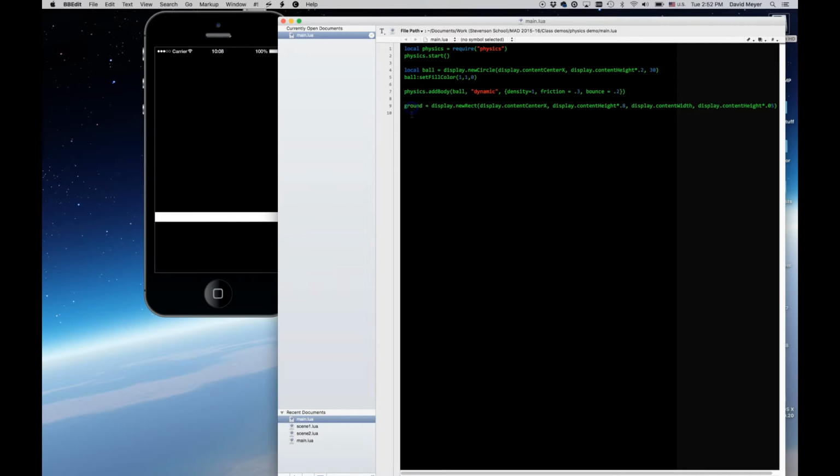Well, okay, two problems. I don't like white for the ground. We're going to change that to green. ground:setFillColor